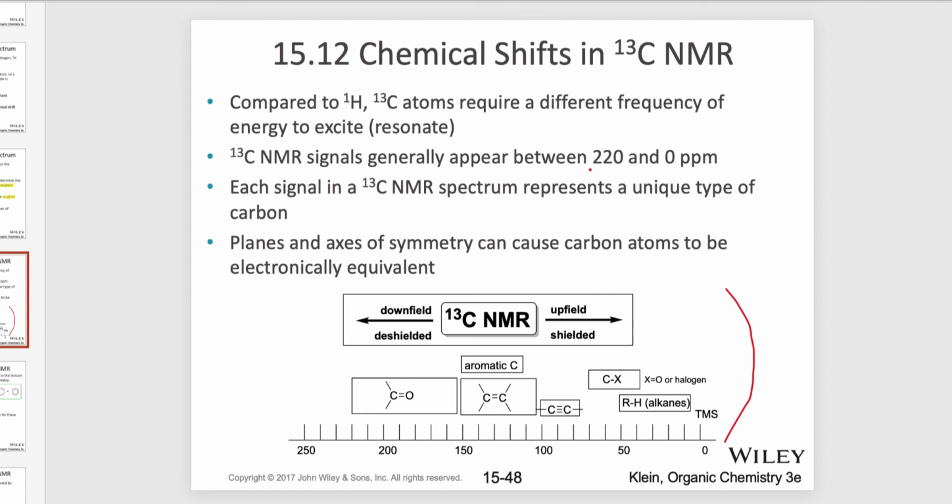This is the most important part, I think. Again, instead of going from 0 to 12 in a proton NMR spectrum, here we're going from 0 to about 250. But most of the material is going to show up by about 220, and that's where you can see this. Again, what upfield, downfield means, what the electronic effect